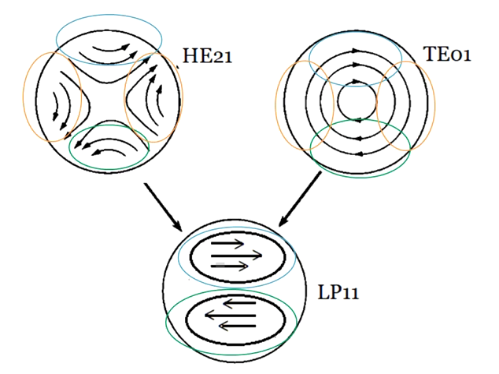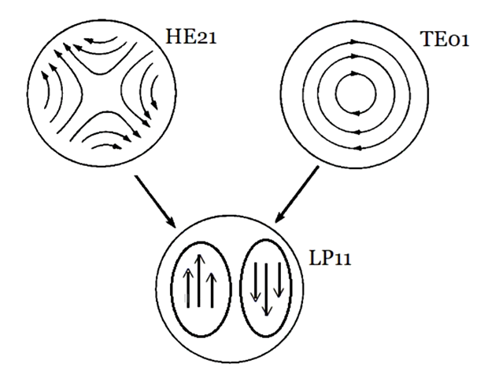If we consider HE21 in this direction, if we rotate, or if the fields are oriented like this, then this field is moving in the left direction, this field is moving in the right direction, so they will cancel each other, and at the top of this LP11 mode there is 0 field. Again, this is moving towards the right, this is moving towards the left, they will cancel each other, so in LP11 the bottom side is shown as 0 field.